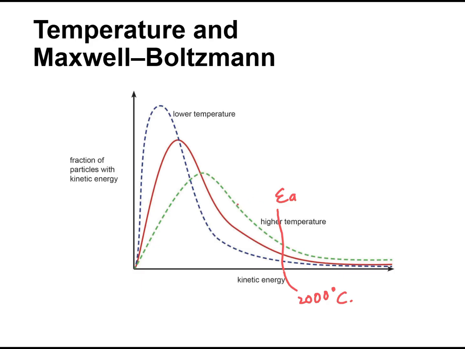If your answer was that it would shift over here, this is correct. This one we will label as EA cat. That means this is the activation energy with the catalyst. Now, if a reaction earlier was happening at 2000 degrees Celsius, now this reaction will happen at 800 degrees Celsius. So the temperature needed to do a chemical reaction has been decreased. Now if you look over here, more of the particles are able to react successfully, right? Because what is activation energy? Minimum amount of